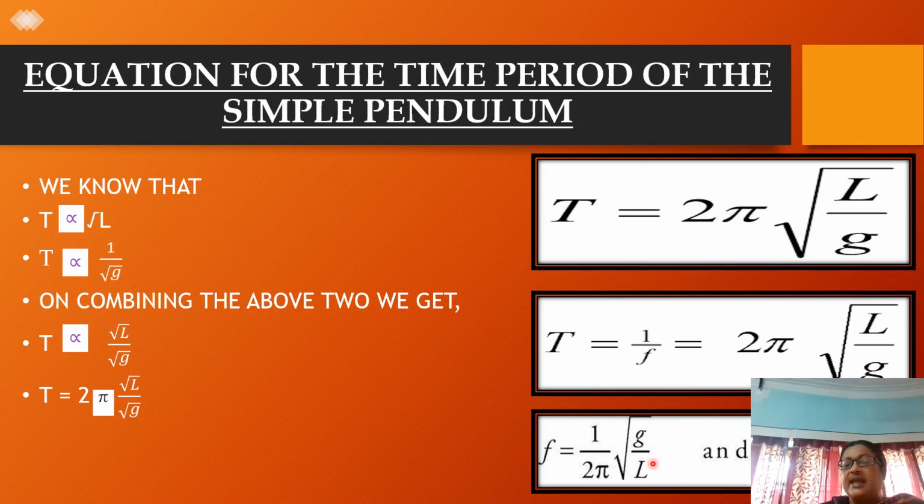Solve this and see in maths if you're getting it or not. Just solve it: from this equation, how did this come in terms of f, the frequency of this particular pendulum. I hope this is clear to each and every one of you. And again, you need to practice this whole thing to understand it a little better. Don't leave it like that, just looking at this slide. You need to study it more to understand it more. Okay, children?